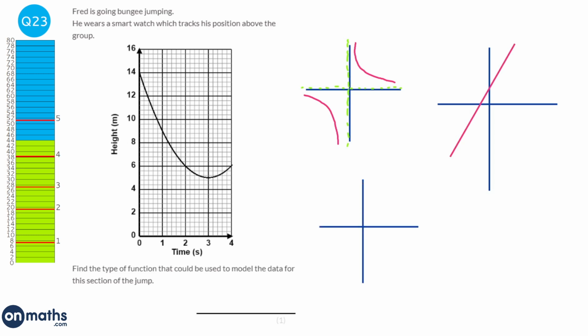Then we've got an exponential graph. An exponential graph just starts really small and then really increases like that and just keeps going up. And here we kind of have that, obviously the other way around, it starts going down, but here it's actually going up, so it can't be a reciprocal graph. So the graph that this is, or could be, is a quadratic graph, because it's a nice U shape. So if we carry this on, it could be a nice U shape. It could also be a cubic graph as well. So it could go up and then down and then up, and that's a cubic graph. But the most obvious one is a quadratic graph. So quadratic